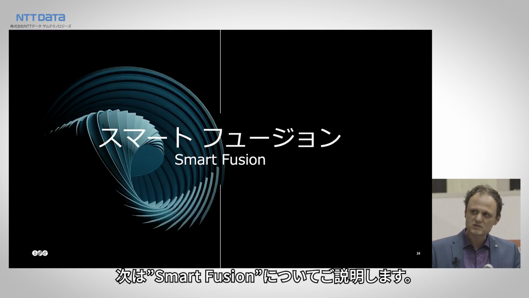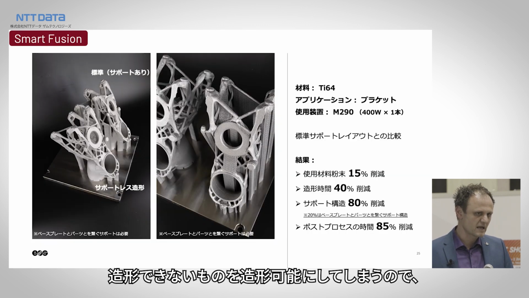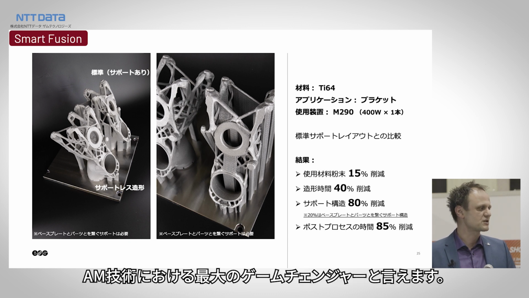So if you have questions, we also have experts at the EOS booth that can help you with those specific questions. And about Smart Fusion, I believe it is one of the biggest game changers in the additive manufacturing arena, because